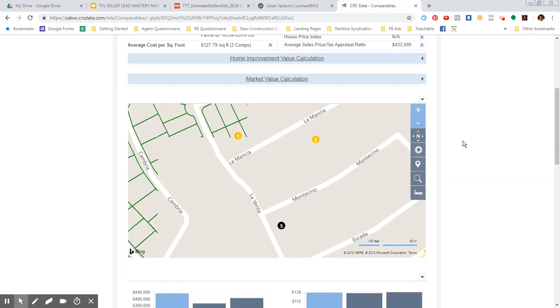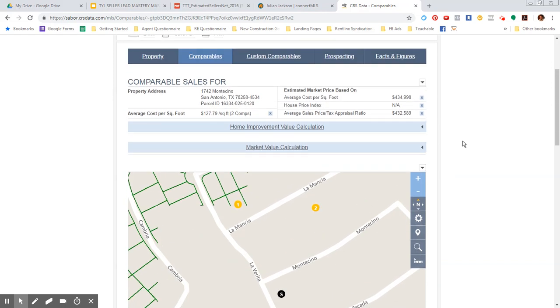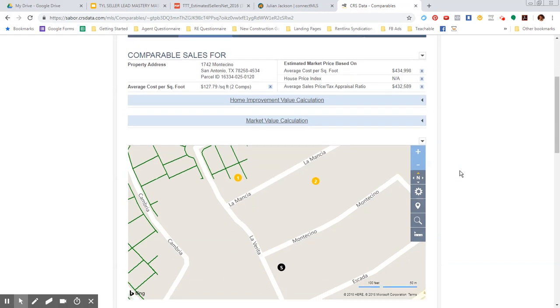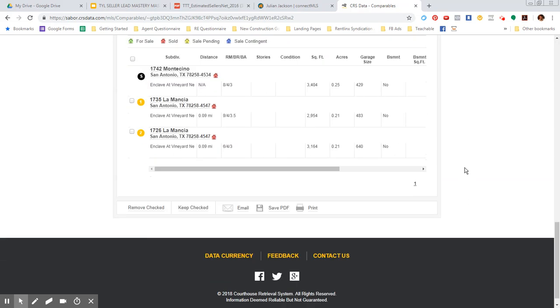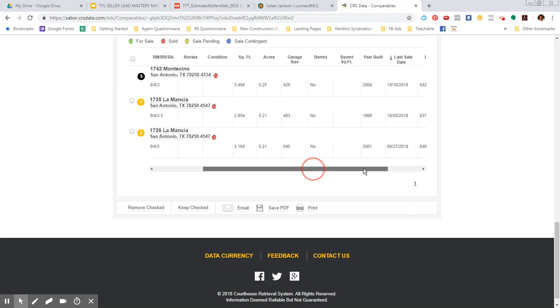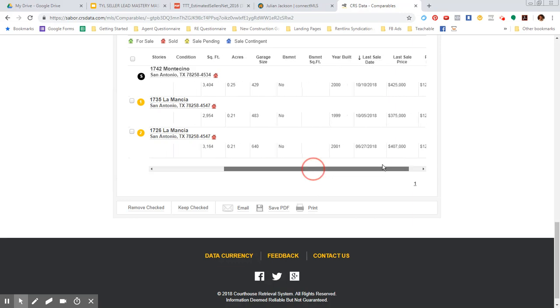Now, since I can't seem to get anything past 12 months, I don't want to go past 12 months. So it looks like 432 and 434, that's what it looks like this house will probably sell for, just based on this one scenario. All right, so I would have to take this and look at the properties that are available and see. The subject property is 3,400 square feet, and then these are 2,900 and 3,100. I have to kind of make sure that they're the same size and stories. They were built around the same year,